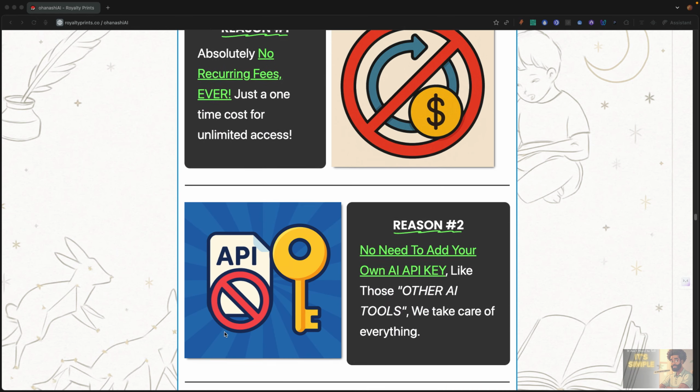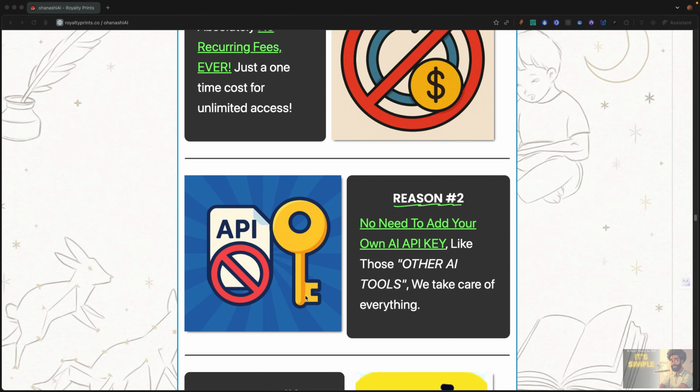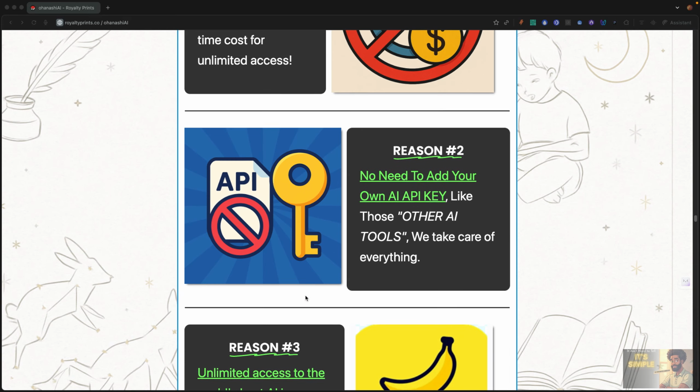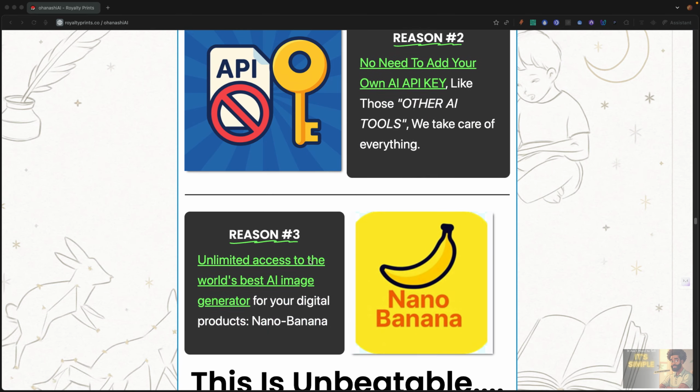No API key. So if controlling your cost is your concern while trying to create a real business around creating ebooks, and not just children's ebooks but ebooks in general, because as we go through the back office, you can create a variety of ebooks, and this is by far the biggest